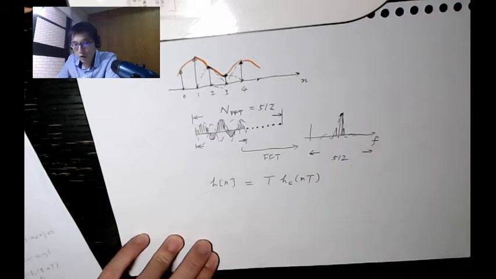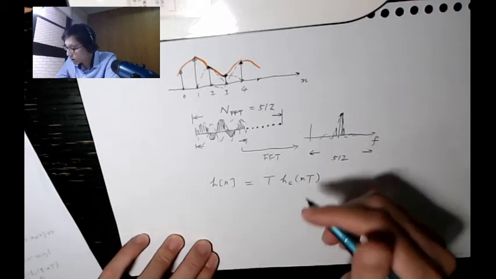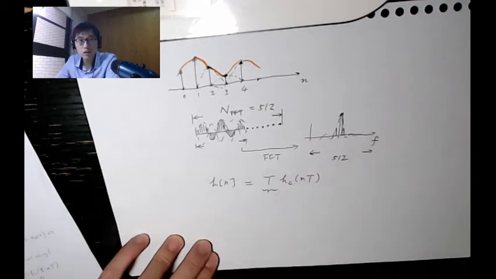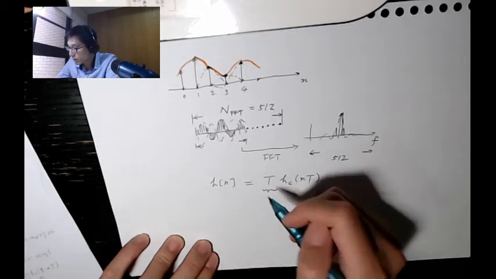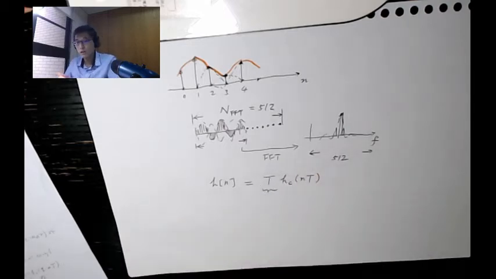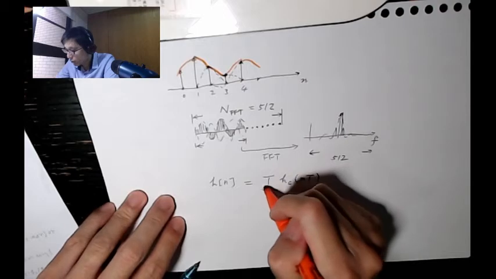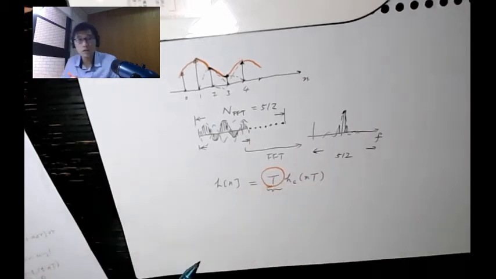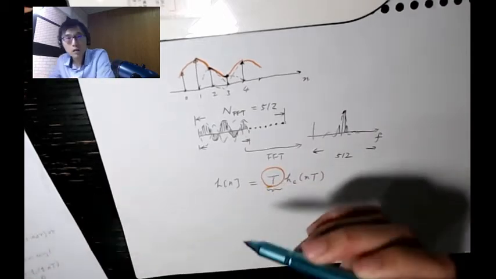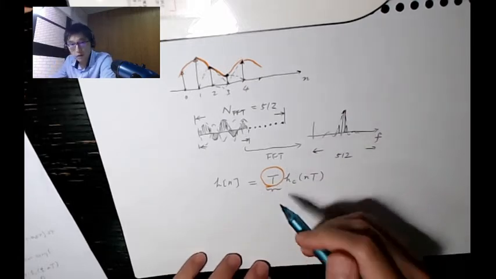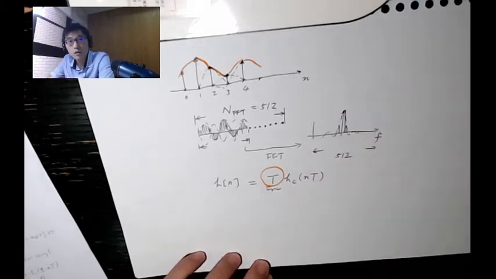Okay, and the question then is, why do we need an additional factor T in front of h_c of t? So why do we need to multiply this factor in here? I thank you for raising this question. There is indeed a discrepancy. What's written in the textbook is indeed with a factor T here, but on Professor Oppenheim's video, he did not have the factor T over there. Okay, so there's a discrepancy. 有点不一样啊. Thank you for raising this question.